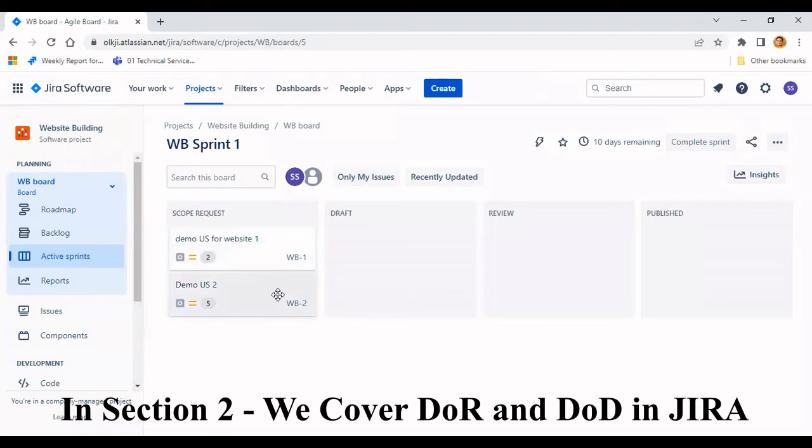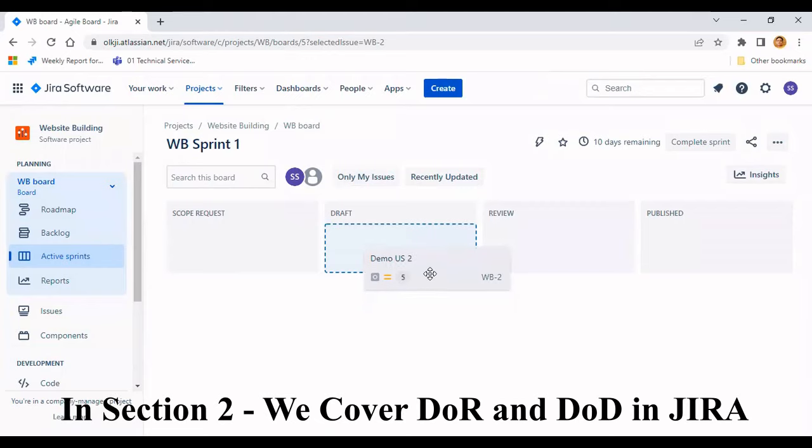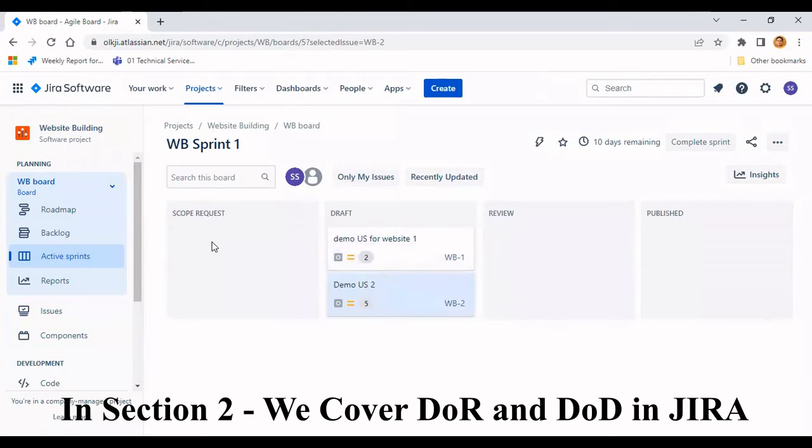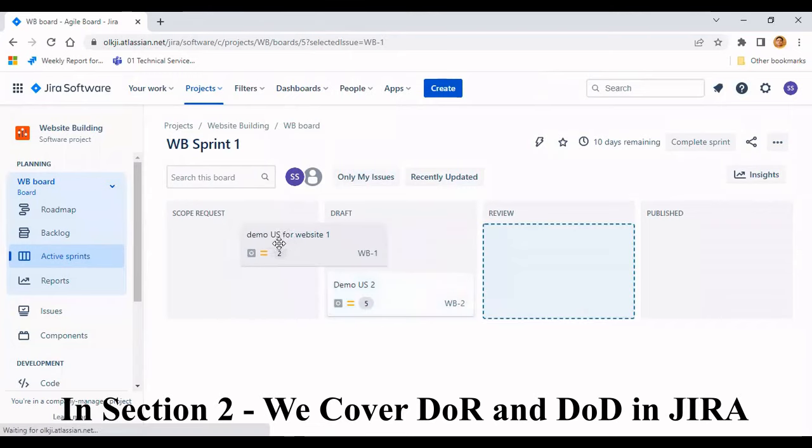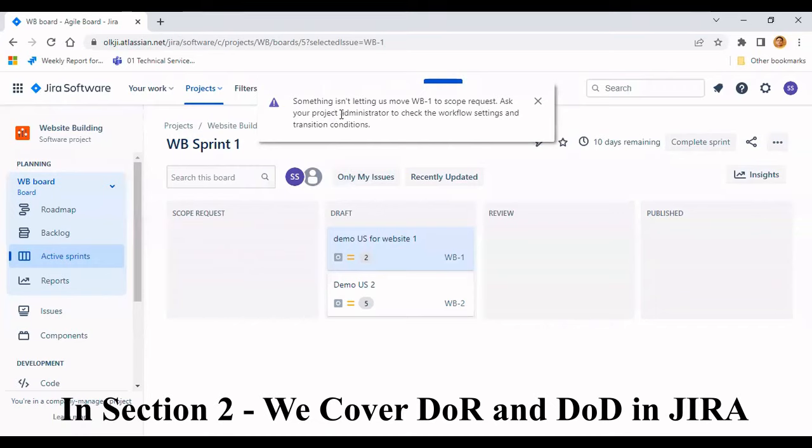Now one interesting thing which I want to showcase over here: we can move our scope request to the draft, you can see the status change from scope request to draft. Now, if you want to move this back, it won't work. Something is not letting us move to scope request.